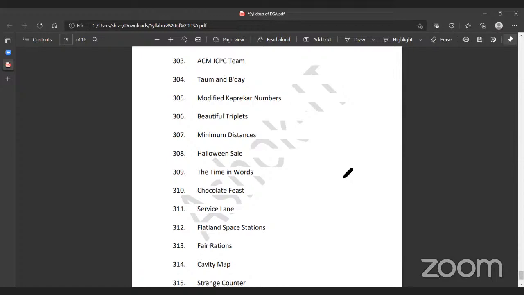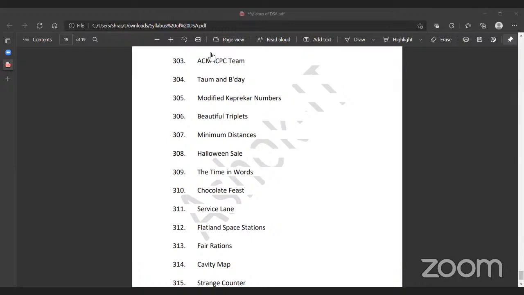Madam, after completion of this course, do you also provide placement assistance sort of things? No, Keshav, we don't provide any kind of assistance, but for any interview you are going to face, if you are worried about what kind of questions can be asked, we can give you guidance in that.